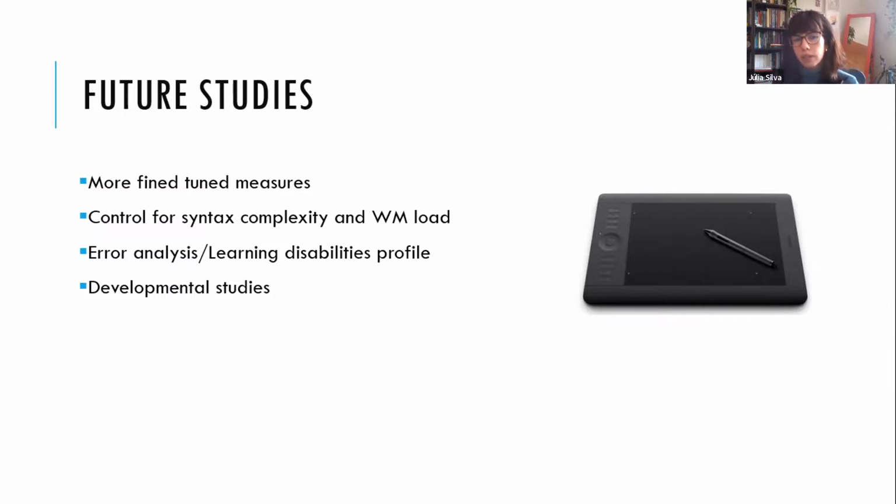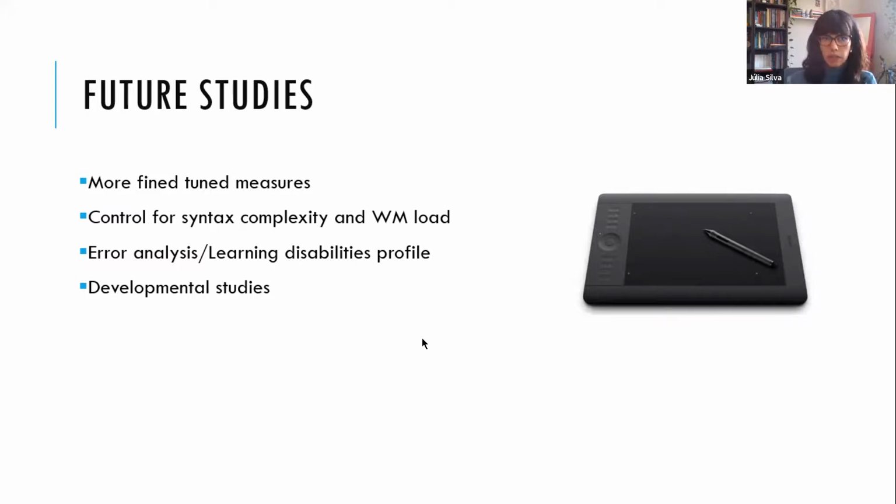Also, some eye tracking studies for number reading too. Also, this challenge to try to experimentally control for this interplay between syntax and working memory. And I think that assessing this in developmental studies, because we are probably going to have more errors, and also in groups with learning disabilities, we could also check if children that make more transcoding errors, they tend to write